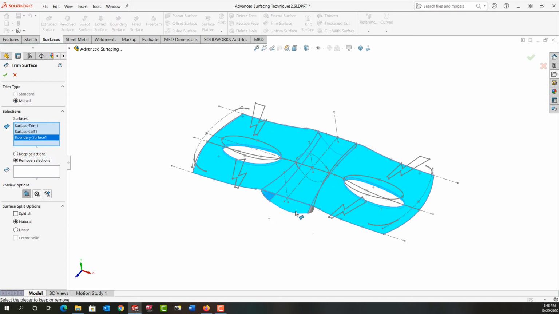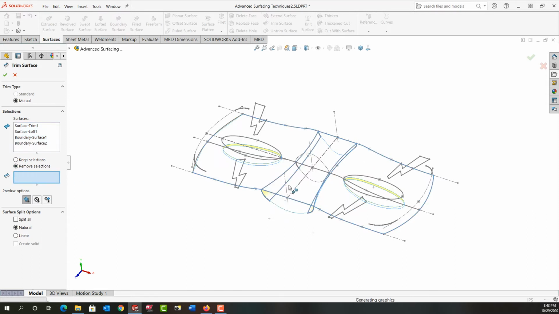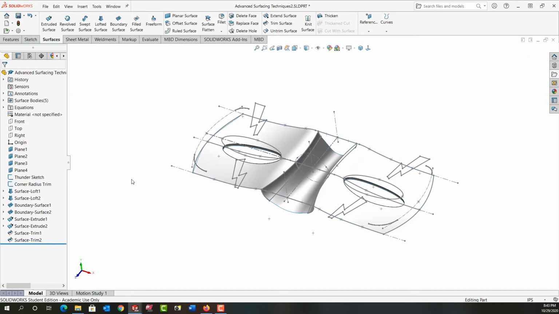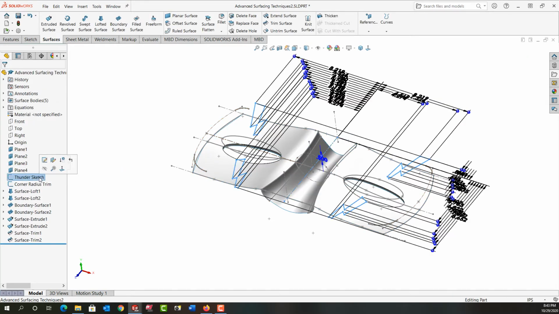And I'll select these surfaces, and I'll tell it what I want to remove. Click here and remove that. And then we're okay. So next, I want to take these thunder sketches and I'm going to make an extruded